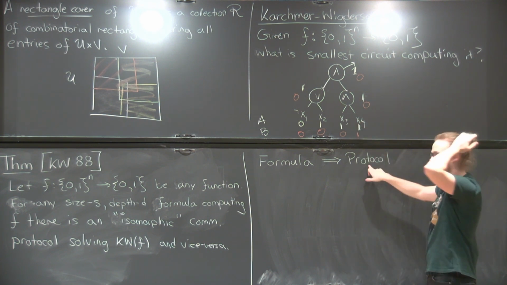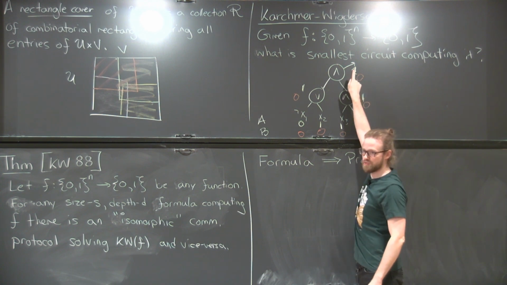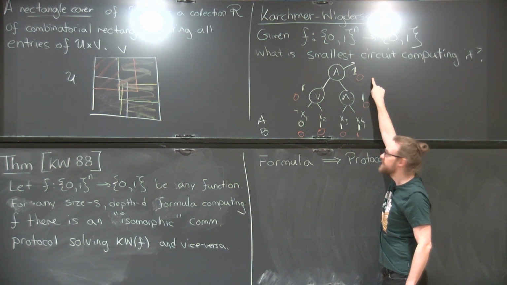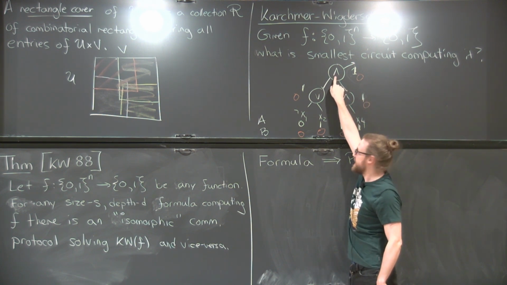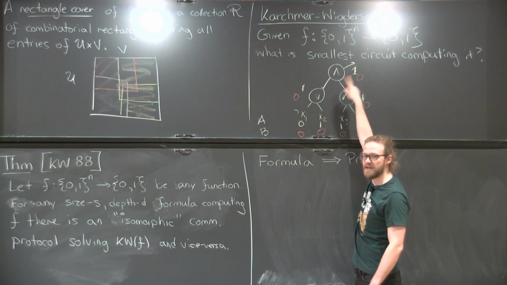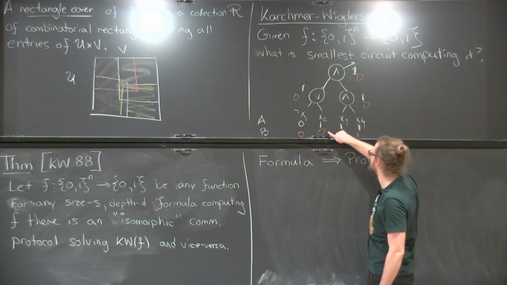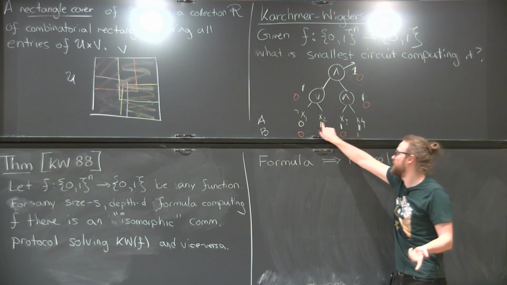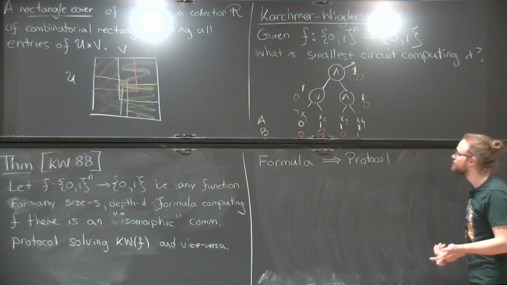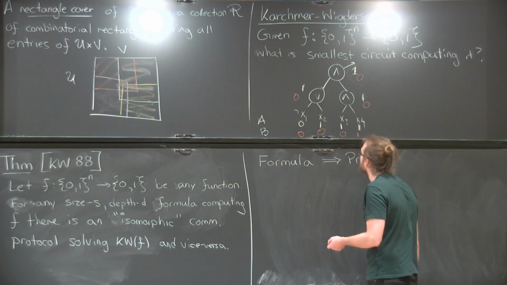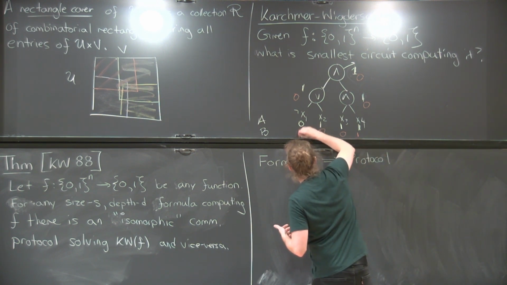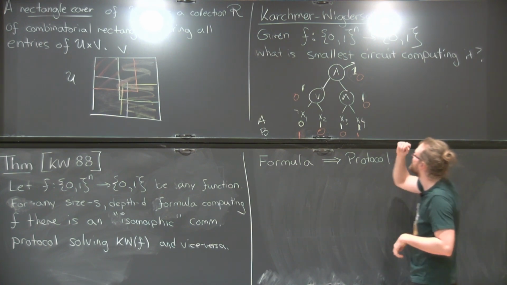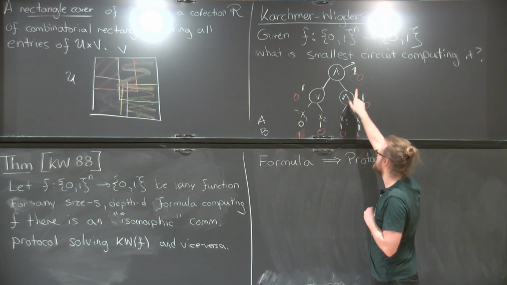And now, to solve this communication protocol, they'll start at the root, where they know there is a difference on their inputs. Depending on what the gate is, if it's an AND or an OR gate, they'll communicate to each other where they should go next. Their goal is to get to a leaf where they're actually different, and this will tell them both the name of the input and also whether or not it's negated. In this case it's really easy because they can just pick anything, but let's do it anyway.